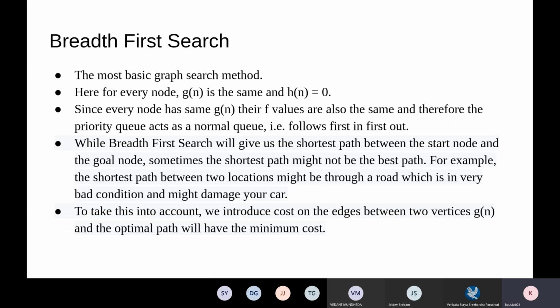So, breadth first search. Breadth first search is the most basic graph search method. Here we won't really consider the heuristic function, so h(n) will be 0, and for the g(n), that is the cost of reaching a particular node from the start node, it is the same for every node. That is, we also do not consider this. So when we are inserting a node in the queue, since all of them have the same g values, which in result gives them the same f values, the priority queue acts like a normal queue, that is first in,